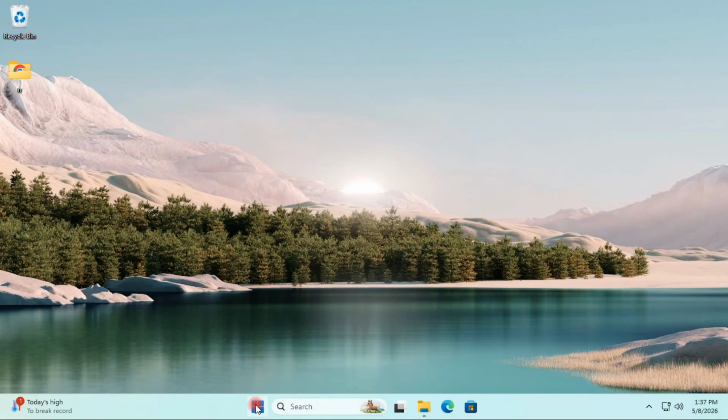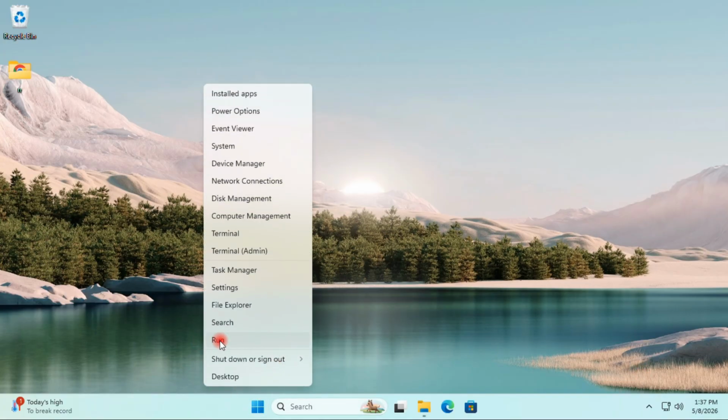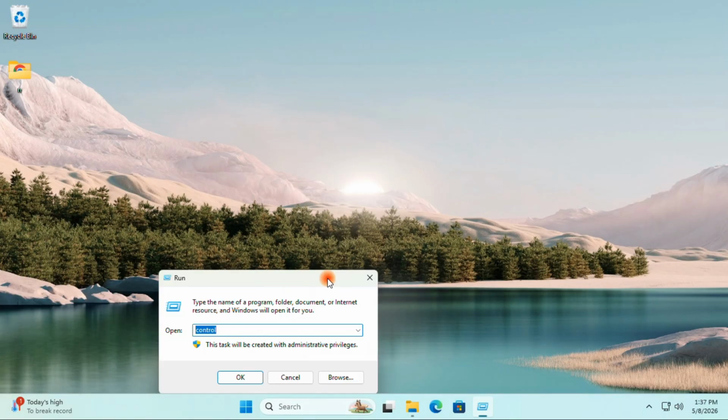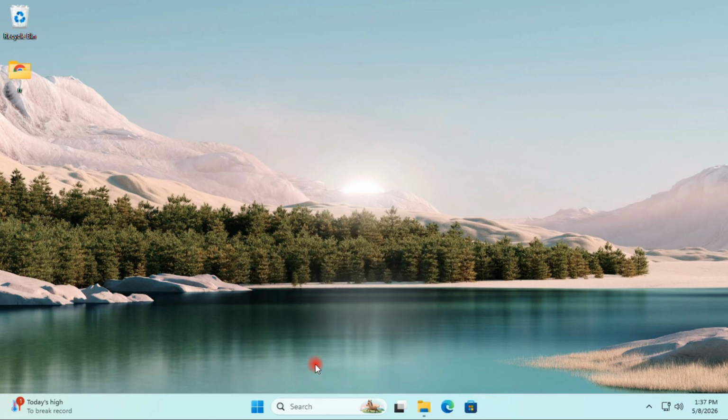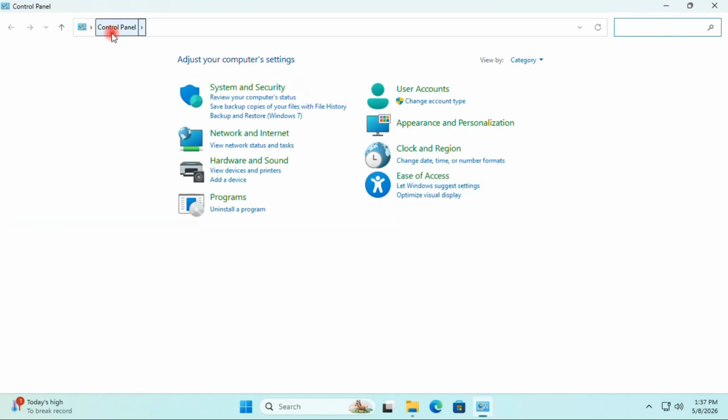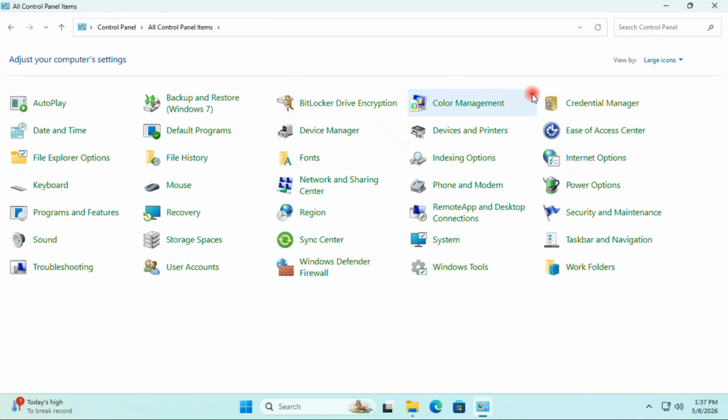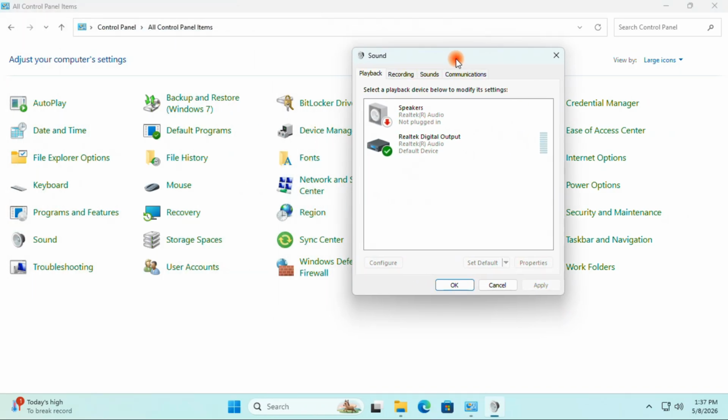So guys, after that, right click here start button and click here run. And type here this, control, and click here OK button. And after that guys, select here large icons and find here option sound. Click here this sound option and you can see here there are two options. This is our connected. Now click here properties